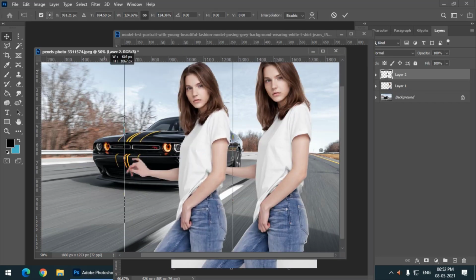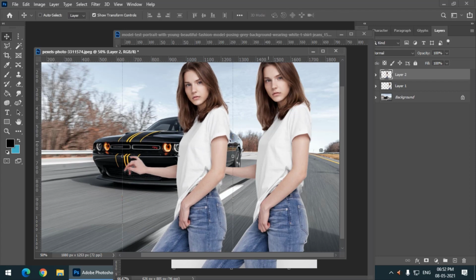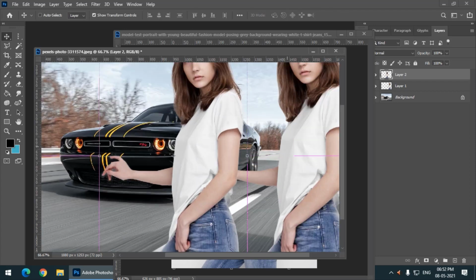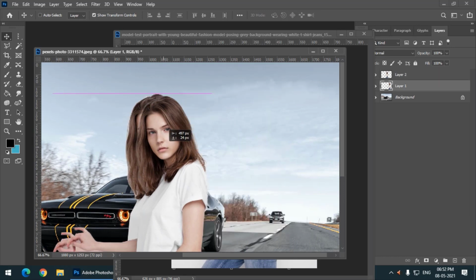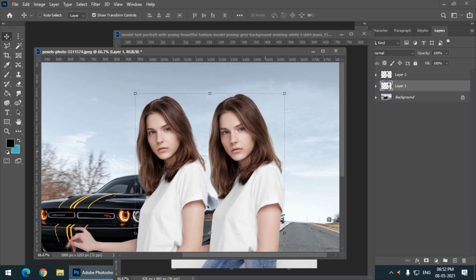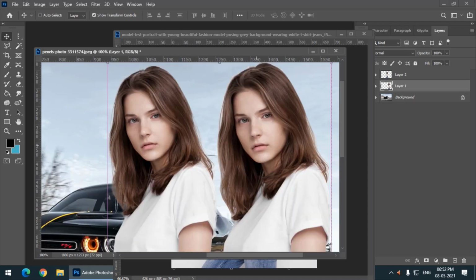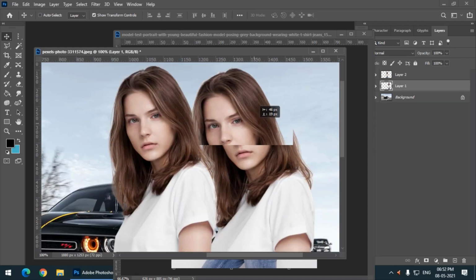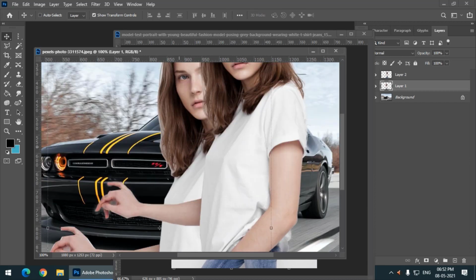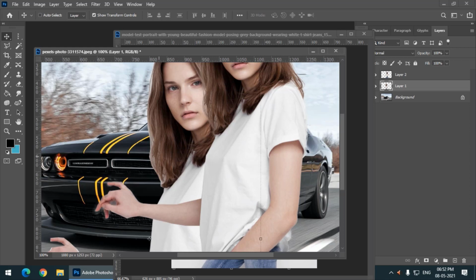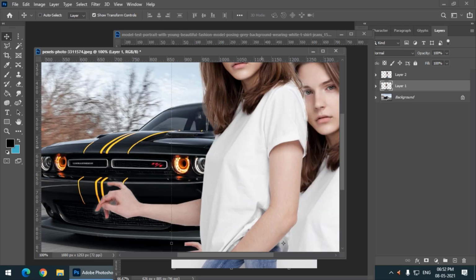So if we compare these two selections, in this image we can see, as on this car, some of the white portion of the background is still present because we selected only the outer part of this image.